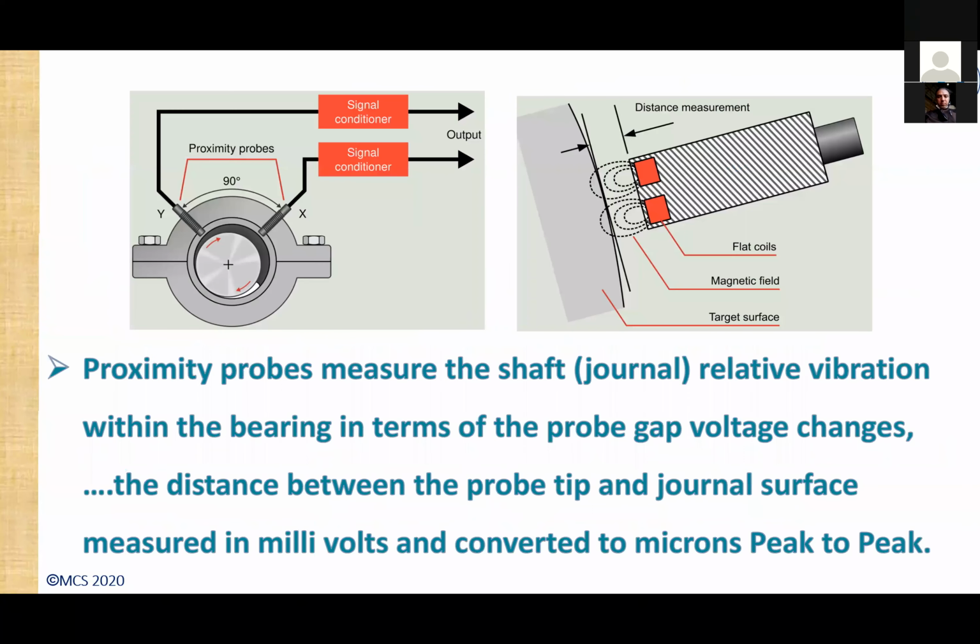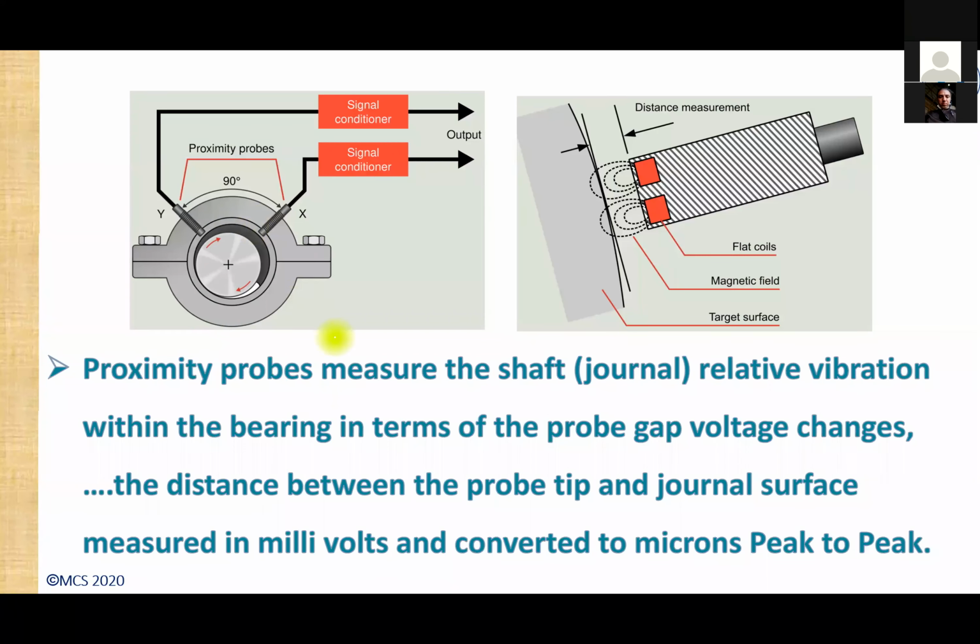For those people who have not got any general information on the proximity probes, I'm trying to present a little basic information. Proximity probes are mounted in this fashion. Typically, wherever the space is available, they are mounted on the bearing 45 degrees right side and 45 degrees left side of the vertical axis. Two probes are typically placed there. One of them is called X and the other is called Y.